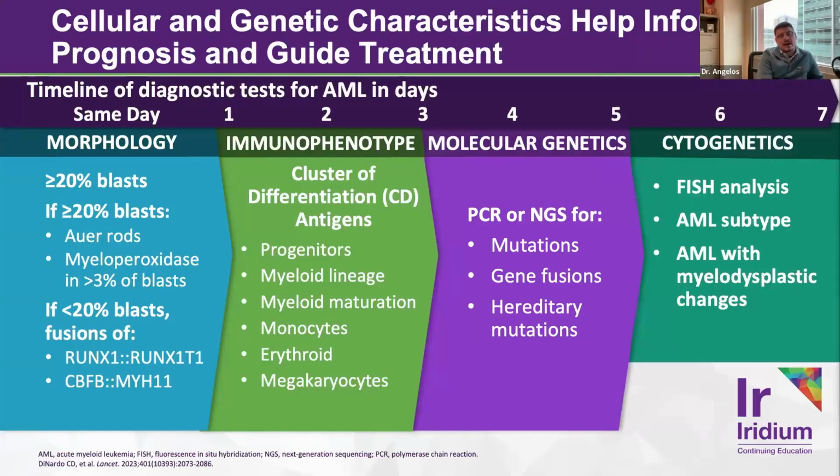A couple of days later, we oftentimes will get other molecular and genetic pieces of information that's used to make a clinical decision. These include specific tests, including PCR analysis, as well as next generation sequencing for specific mutations. And then, of course, cytogenetics, both FISH analysis as well as karyotype, which often will result a little bit later, but nonetheless very important to make a diagnosis and then a clinical decision.